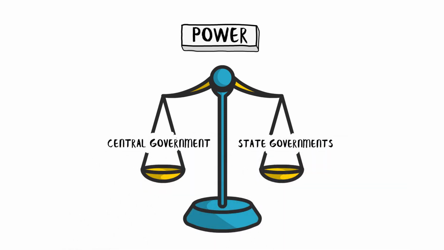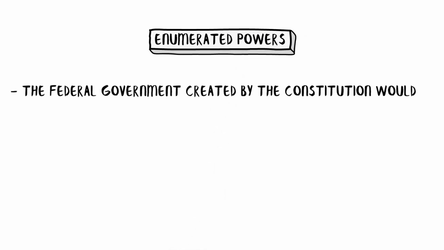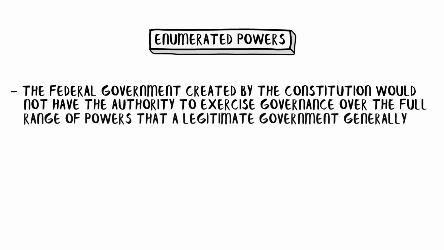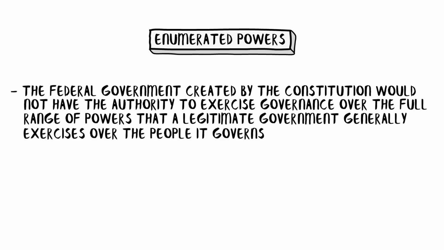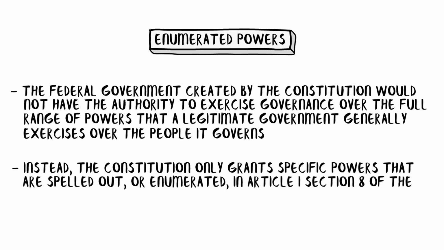One key concept that the framers embedded into the Constitution to effect this balance is the idea of enumerated powers. Under this doctrine, the federal government created by the Constitution would not have the authority to exercise governance over the full range of powers that a legitimate government generally exercises over the people it governs. Instead, the Constitution only grants specific powers that are spelled out, or enumerated, in Article 1, Section 8 of the